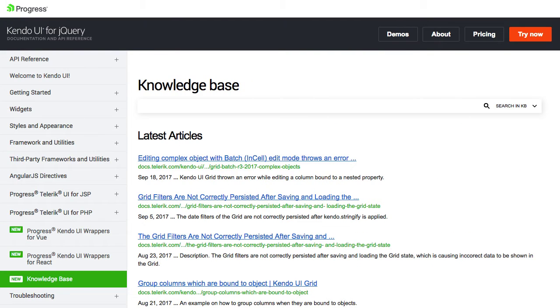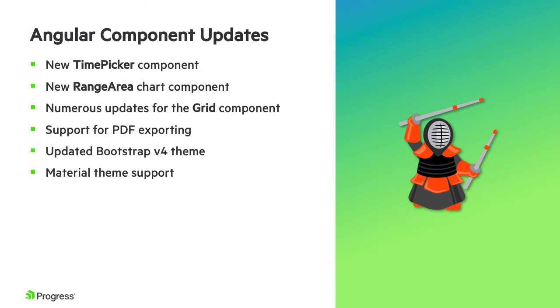Speaking of documentation, did you know that we now have a knowledge base section? Check it out. It features a lot of code examples that target customer how-tos and questions that have been asked on Stack Overflow. Alright, now let's switch gears and talk about the latest and greatest features we've added to our